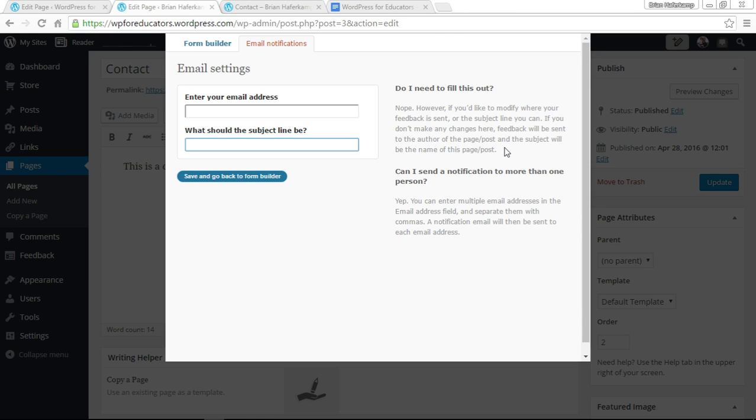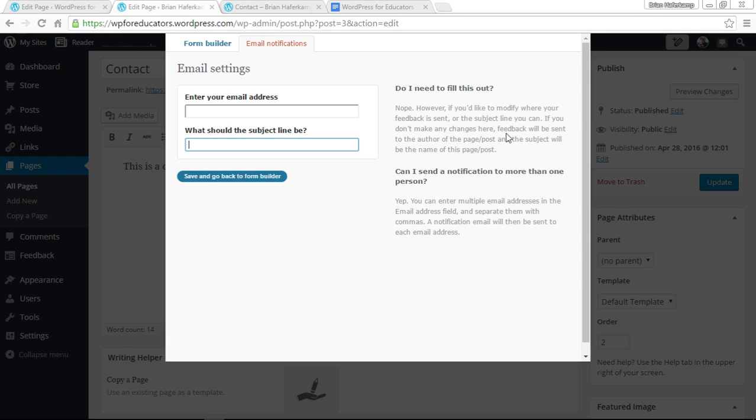So when you receive an email from your website, you want to know, where did this email come from? How did it come to me? What's it about, right? So you can actually set the subject line to something that helps you understand that this is an email from your personal profile page. Someone's reaching out to you for something. It just kind of helps you when you're looking through your emails not to accidentally send something into the spam